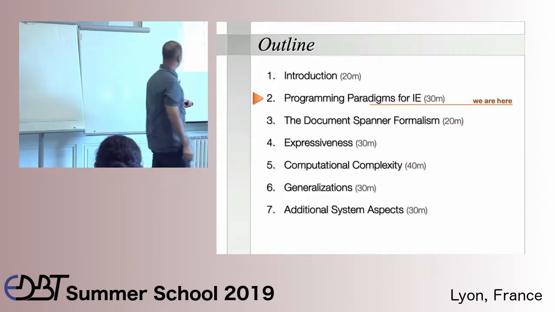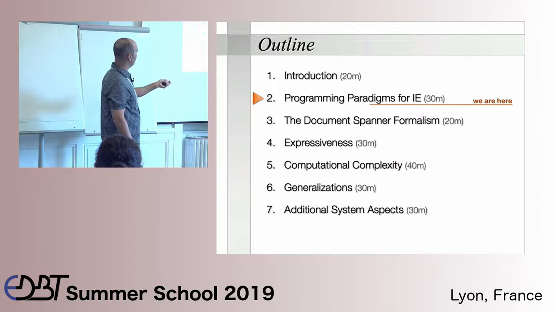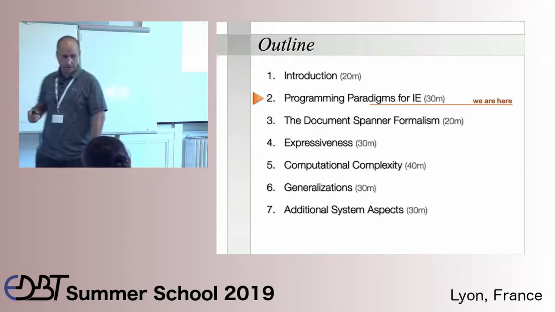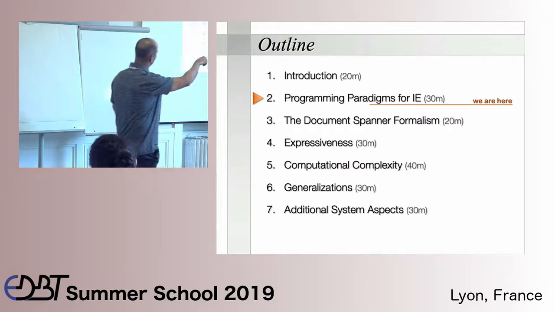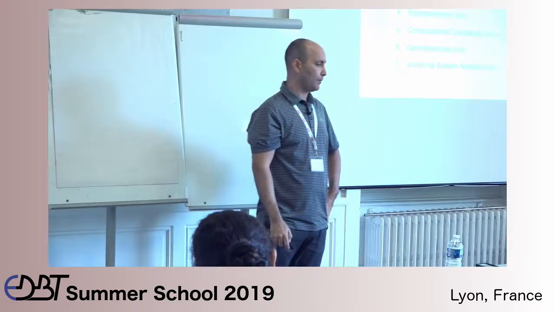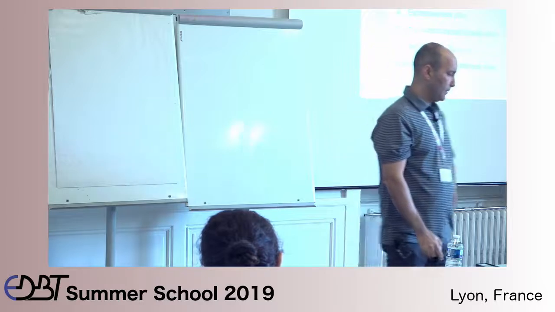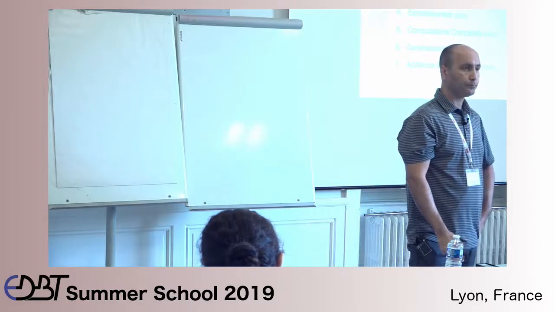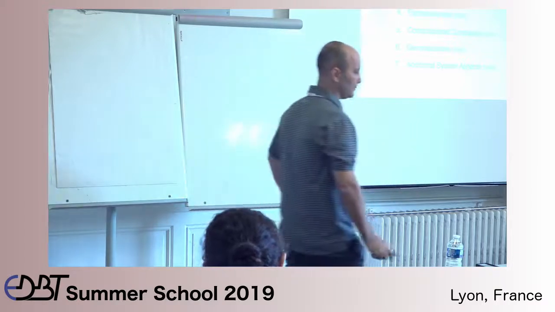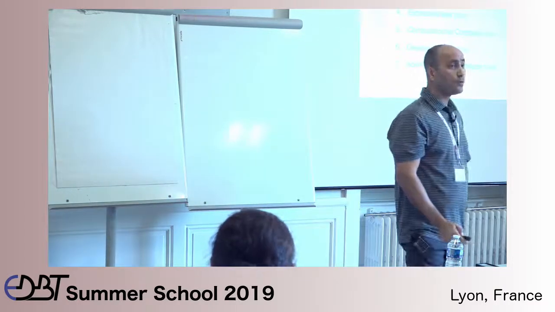So to the extent that time remains, I'll go to the 7th part, which is aspects of systems that are not about expressiveness and computational complexity. Okay? Questions so far? I haven't said much yet. Okay. So let's talk about some